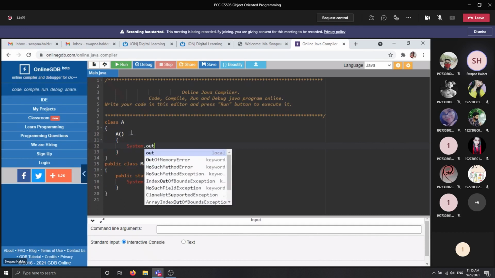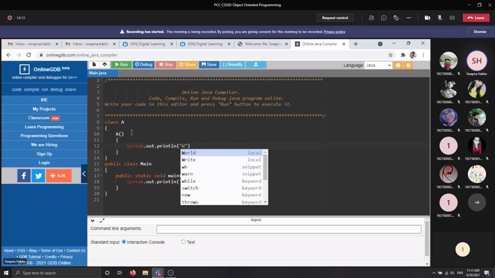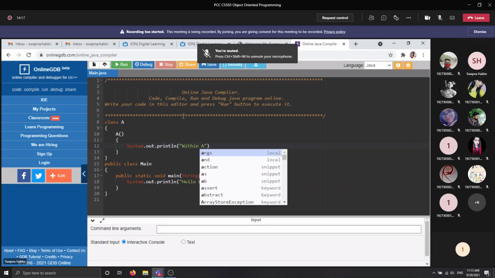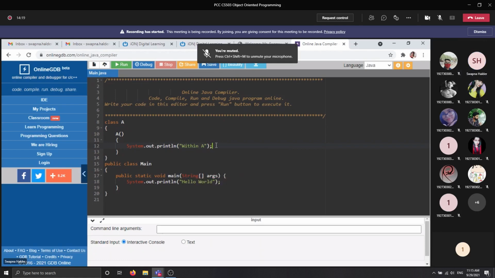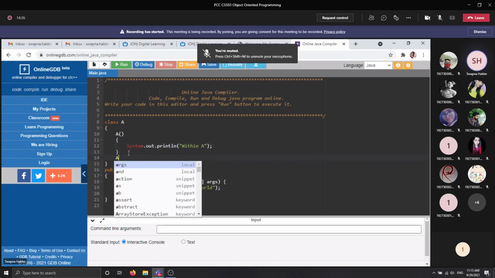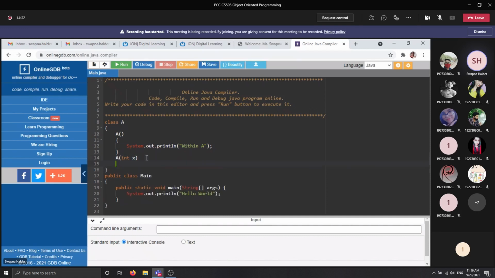SOP, and here I am writing within. After that, you declare another constructor, and this constructor will hold one parameter inside it.